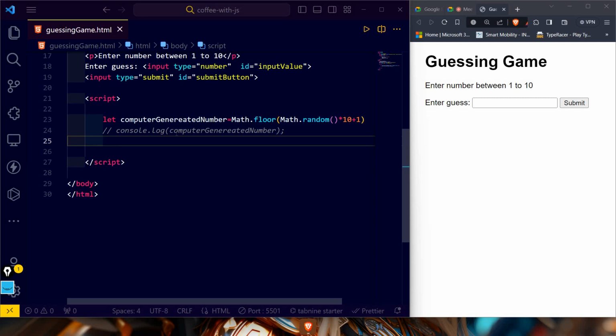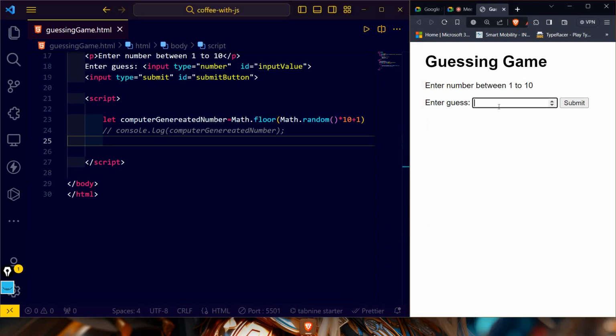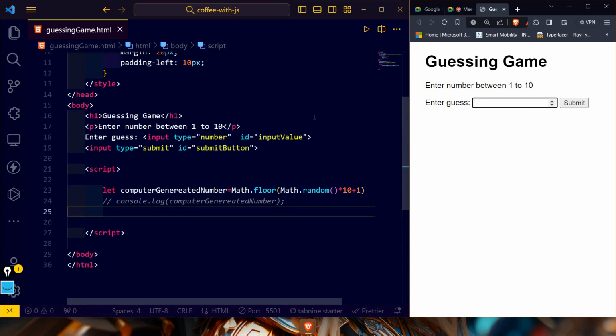Okay, so अभी हम करने वाले हैं रैंडम नंबर जनरेट, किसके लिए, कंप्यूटर के लिए। ऑफकोर्स कंप्यूटर ने सबसे पहले रैंडम नंबर जनरेट करना चाहिए, देन मैं मेरा गेस दूंगा, फिर वो दोनों को हम इक्वालिटी साइन से चेक करेंगे। सबसे पहला काम क्या है मेरा कि कंप्यूटर जनरेट करे एक रैंडम नंबर, सबमिट बटन दैट इज माय फर्स्ट टास्क। तो मैं क्या करूँगा, उस रैंडम नंबर को इनपुट वैल्यू को कहीं ना कहीं स्टोर करना पड़ेगा।